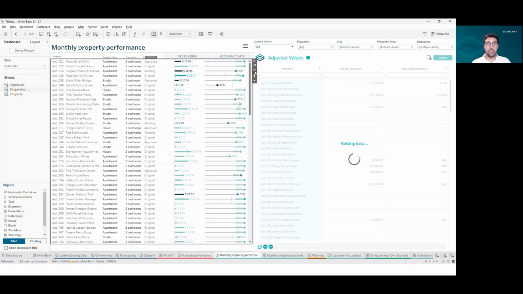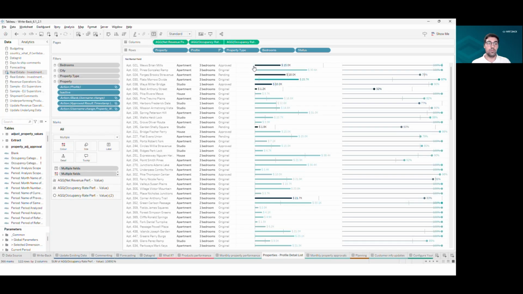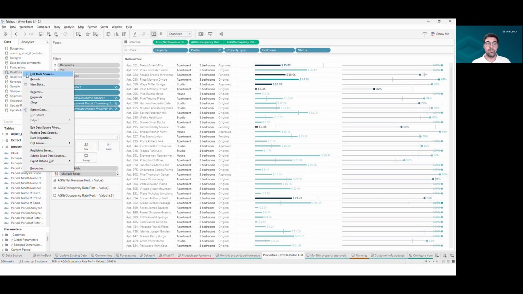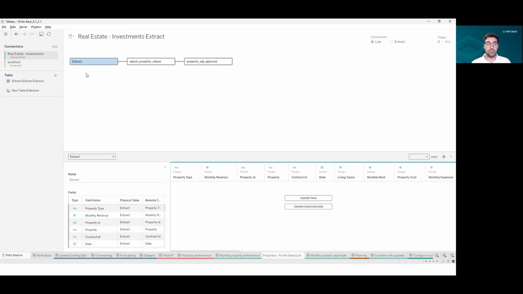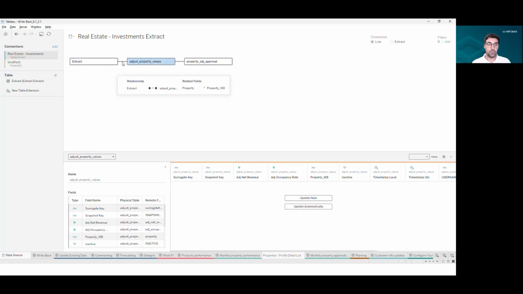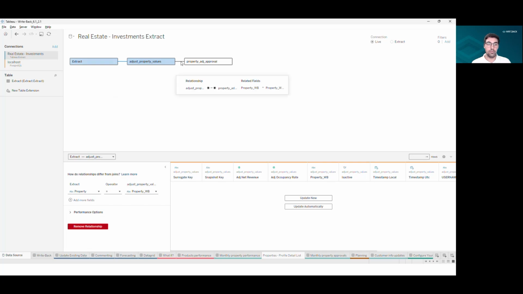Then, of course, there's some additional development layer on top of Tableau, because on Tableau, we are seeing the source data, which in this case is this extract. But then we have to connect to the Writeback table, and we're doing that exactly on the property name. Okay, so if you see, I can click on here. It's based on the property field right there. And then again with the manager approval, which is another table because it's another Writeback configuration, we're also joining